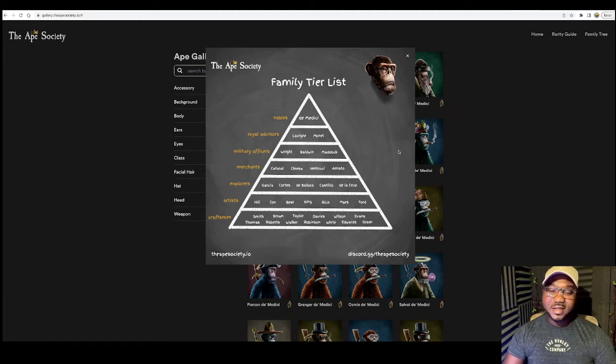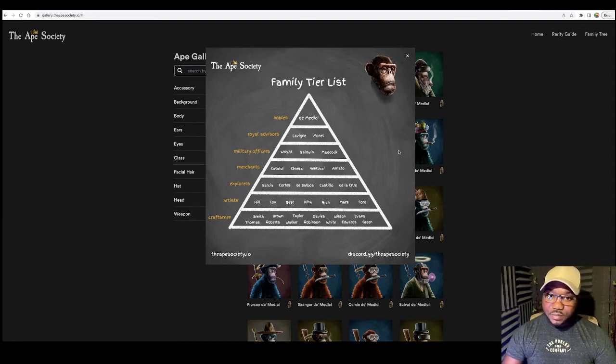So it's like going down a rabbit hole with this project. It's a never-ending road of different intricacies that are related to these apes, right? And that's why I find this project so fascinating, right? And kudos to the developers, kudos to the guys that came up with this project and worked on this one, because it's really good. And we're going to be looking at the community and the team in some other videos